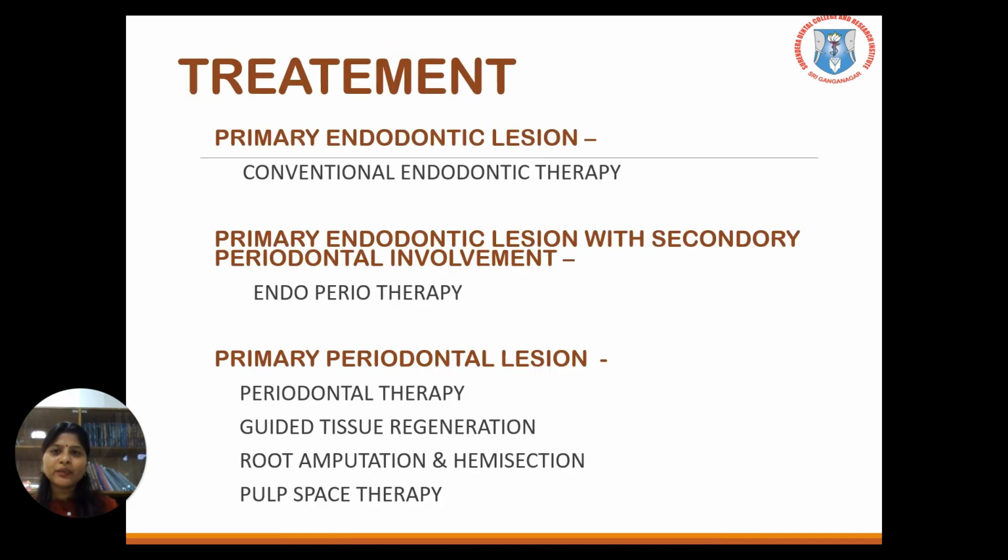Coming to the treatment part, if a primary endo lesion is there, go for endodontic therapy. Primary endo with secondary perio, go for endo first, which will resolve it, and then go for periodontal treatment. If it is a primary periodontal lesion, go for periodontal therapy including scaling, root planing, curettage, then followed by a surgical phase, which will include surgery, guided tissue regeneration, or if required, root amputation, hemisection, and